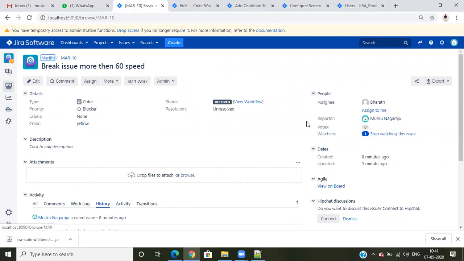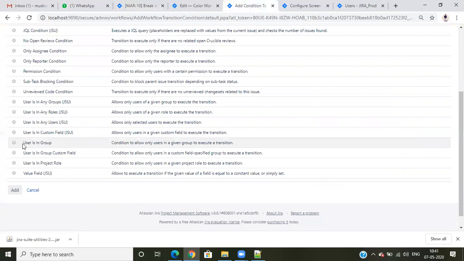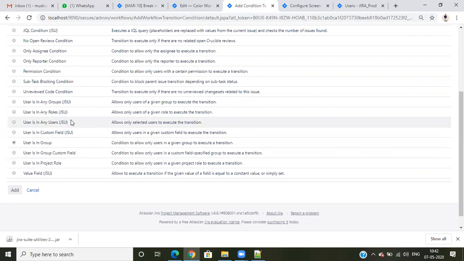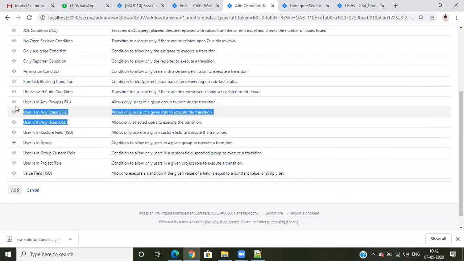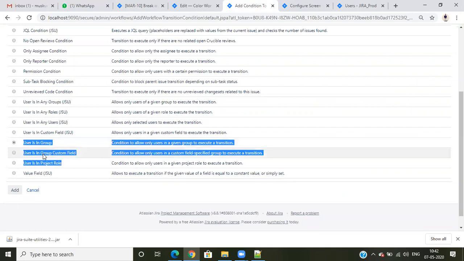While creating, if I have a need-approval transition, and I pick a person, only that person can execute the transition. Then there are user in a group and user in a custom field group. If I select a group, those users can see it. These three options are the same as these ones, because these three are enabled when we install JSU, while the others are available by default within Jira.